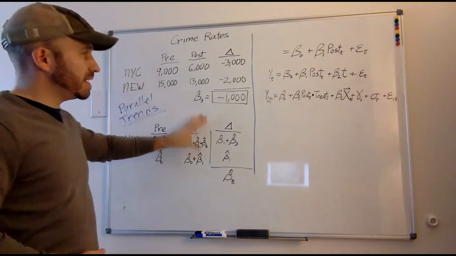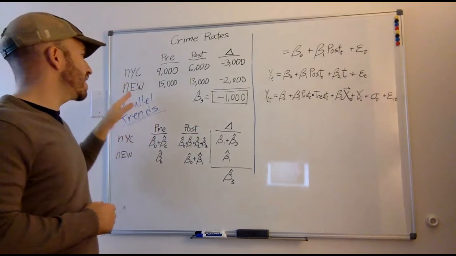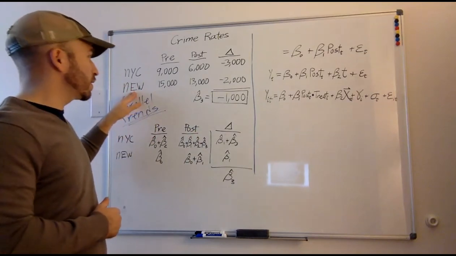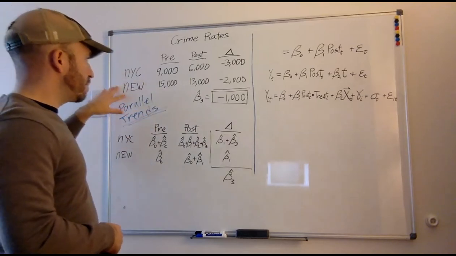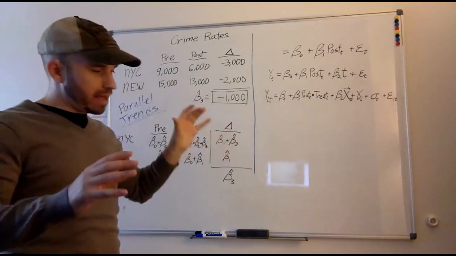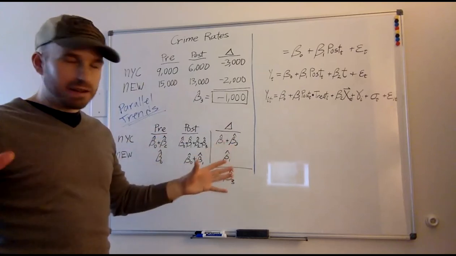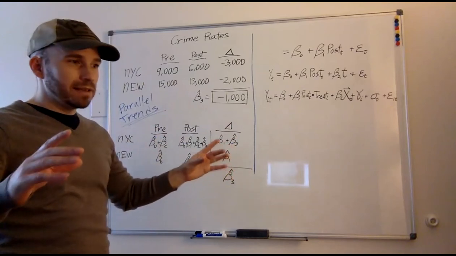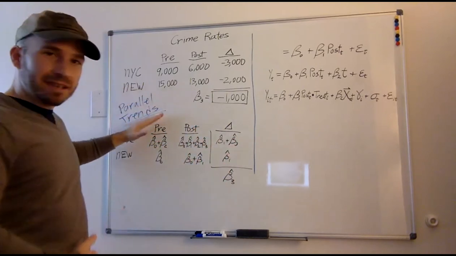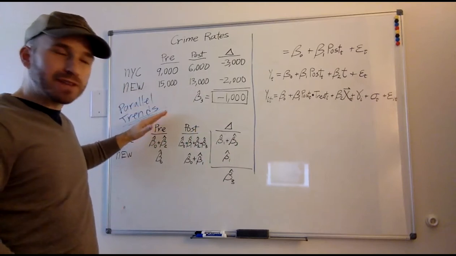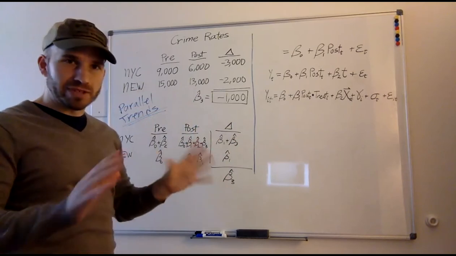So another strategy, to essentially do the same thing, is to construct what's known as a synthetic control. We can construct a synthetic New York City by taking the crime rates in Newark and in Boston and in Chicago and in LA and in Denver, any set of options, and taking a weighted average of all of them to create a good parallel trends fit. There's an algorithm that we use, that's in a data package,